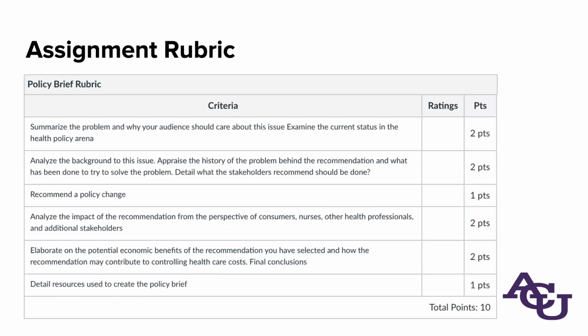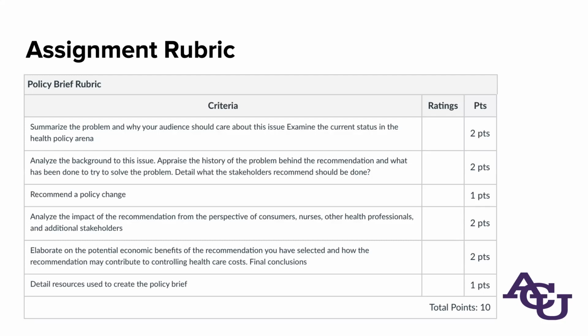The rubric doesn't give a page length, but if we're using 4 to 8 pages and we say approximately 10% of that is going to, for example, recommend a policy change, what's 10% of 8 pages? We're talking somewhere around 2 substantial paragraphs. So if the upper limit for the recommended policy change is 2 paragraphs, not quite a page,